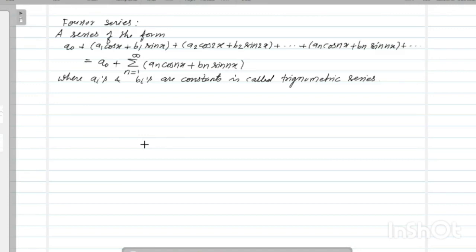So when is this series known to be a Fourier series? It has some certain conditions, and if this series satisfies them, then this series is known as a Fourier series. And what are those conditions? The function f of x represented by this series